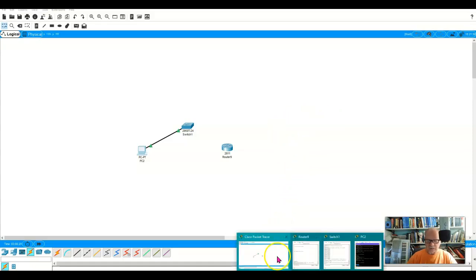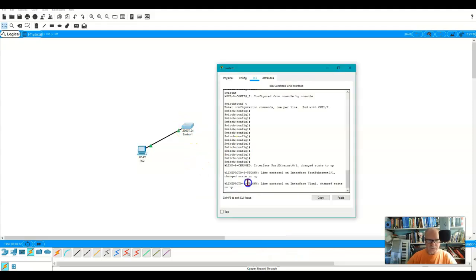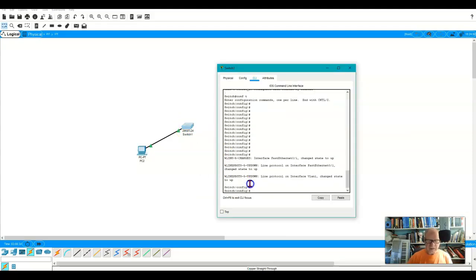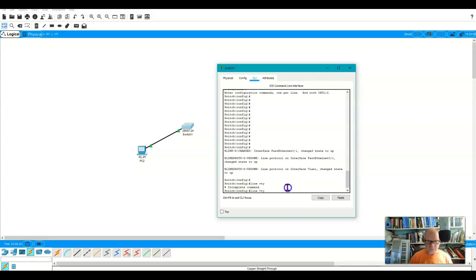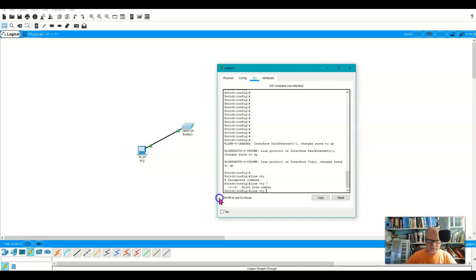Let me go back to the switch for a moment. I'm in global config mode, and if I say line VTY, it says incomplete command, so I'm going to put a question mark here, and you can see it says 0 through 15.